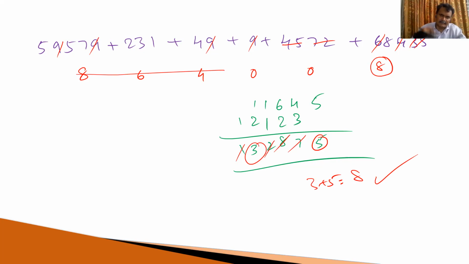Okay, addition, subtraction, multiplication, division, whatever it is, this digit sum is applicable. And in some cases, in some competitive exams, there is no need to solve the question also. In the digit sum, you will get the answer. At least 10 to 15% of the questions are based on the digit sum. But 90% of students don't know how to apply the digit sum. Not only 90, but 99% of the students don't know how to apply the digit sum concept in your examination. This is very, very important.